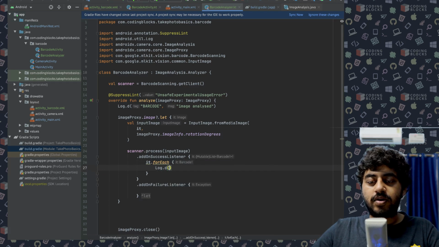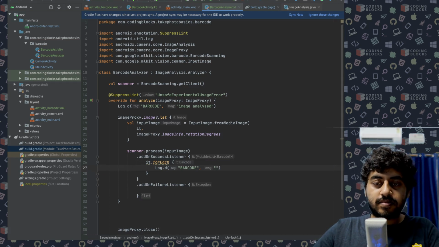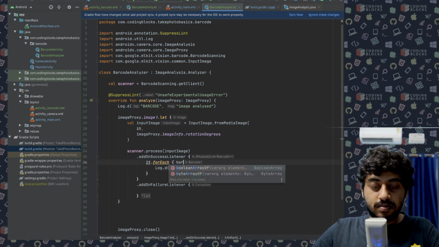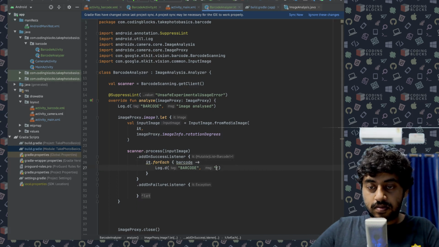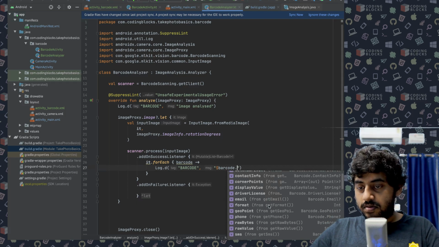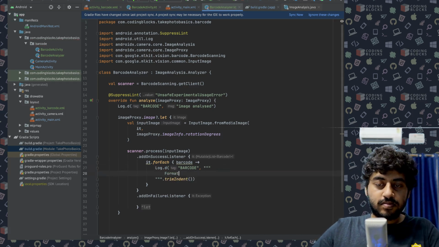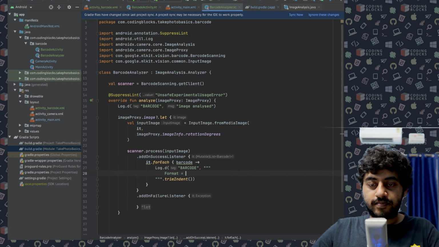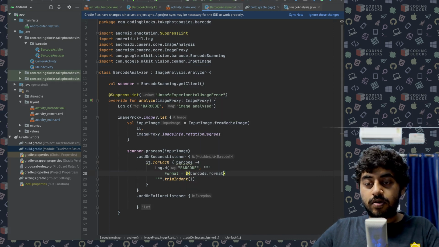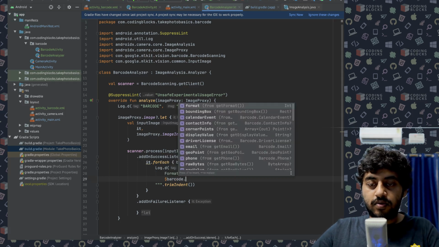I'm gonna do log dot d barcode, and the detected barcode would be... So let me just print this message in a better format like this. So format equal to, sorry, barcode dot format. Apart from that, what other thing do we get? Barcode dot